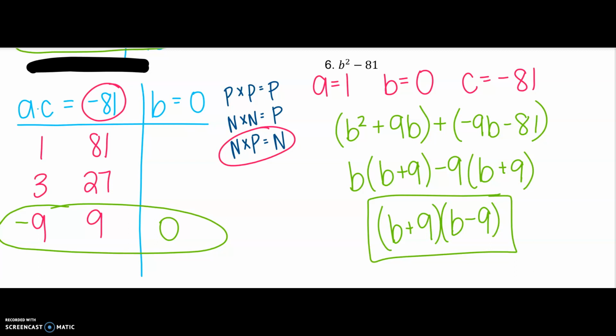I've gone ahead and worked out this problem on the right-hand side. I split up my middle term, which was 0, to positive 9b and negative 9b, because when you combine those together, it adds to be 0. I took the GCF of both of my groups, simplified, took the GCF again, and I got b plus 9 and b minus